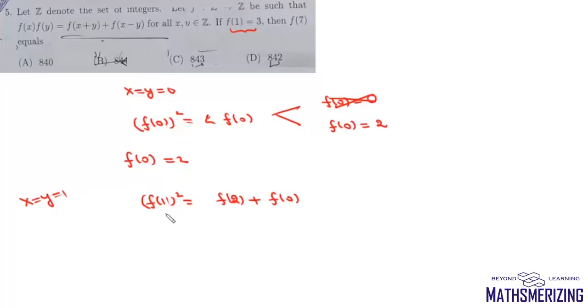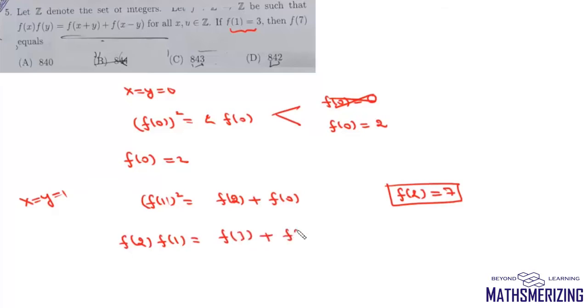Now f(1) is 3. Now 3 square is 9. 9 minus 2 is 7. So from here we'll get the value of f(2) as 7. So we have the value of f(2), which now is 7. Now using f(1) and f(2), we'll find the value of f(3). Now we'll put x as 2 and y as 1. So it'll be f(2) into f(1), and it'll be equal to f(3) plus